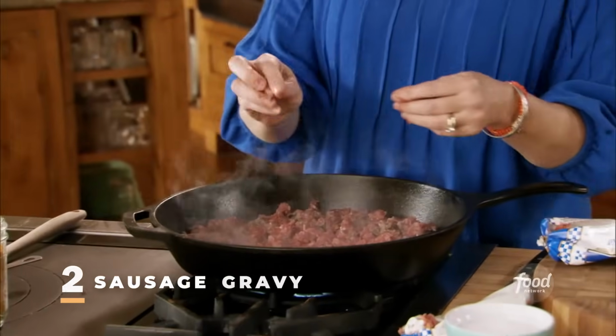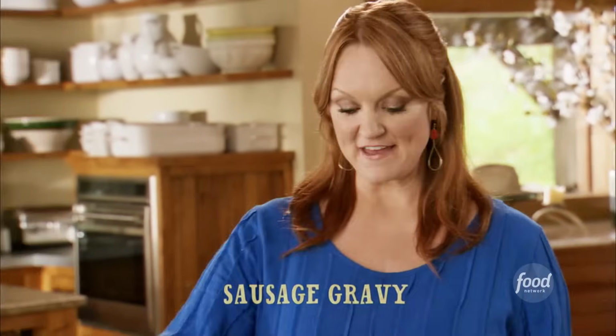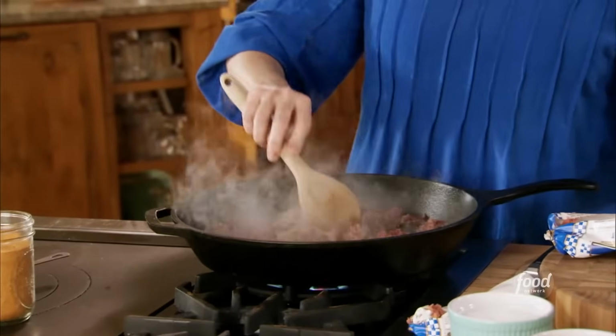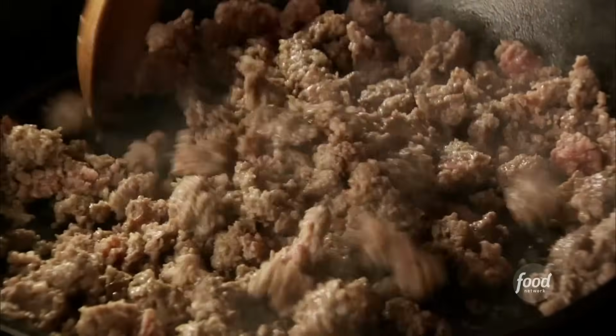To go with the biscuits I've got in the oven, I'm making a big batch of sausage gravy. Biscuits and gravy is a cowboy favorite. It's pretty much in their DNA. Everybody absolutely loves it. All right, I've got 2 pounds of breakfast sausage, and I just tore it into small pieces, threw it in a big skillet, and I'm just browning it up,